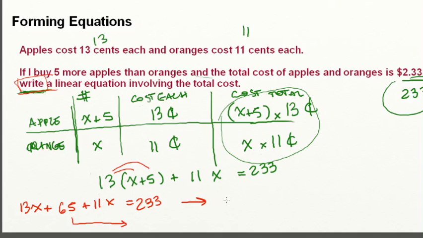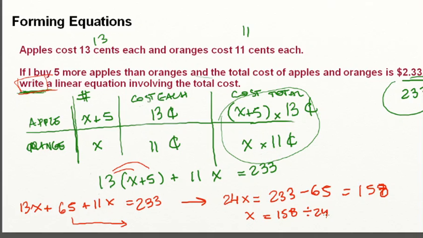So 13x plus 11x, that's 24x, and 233 minus 65, that would be 157, isn't it? Oh, 168. Alright, so x is 168 divided by 24, therefore x is